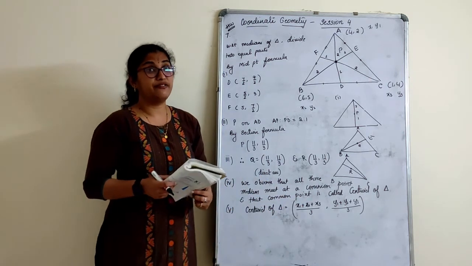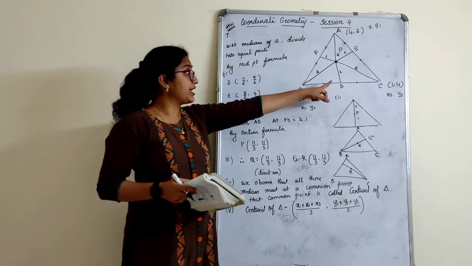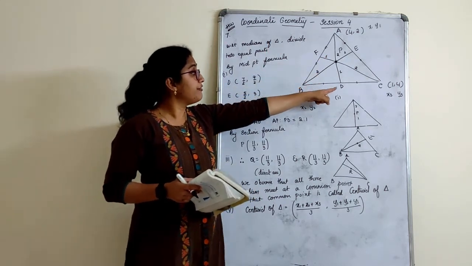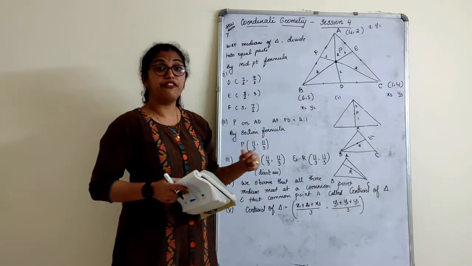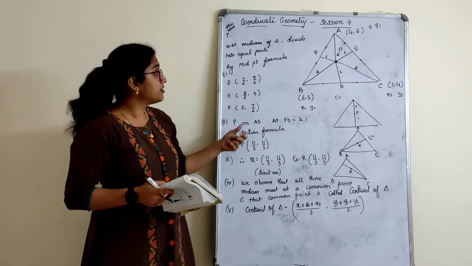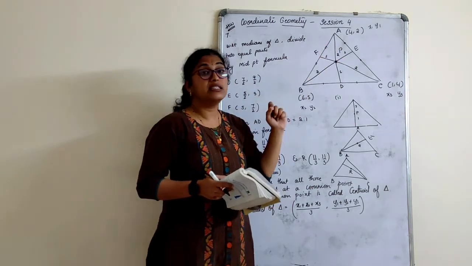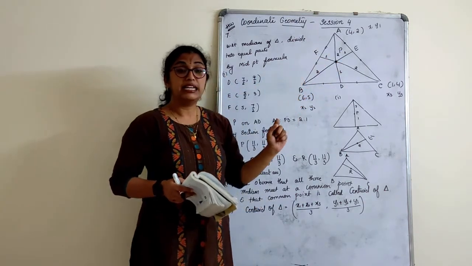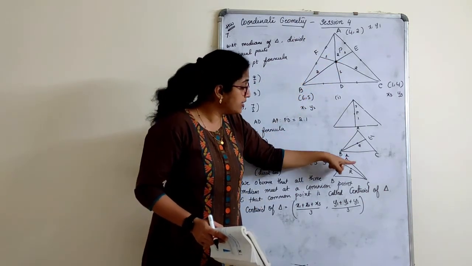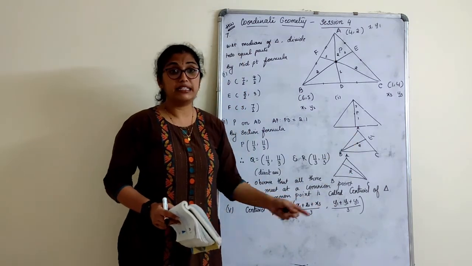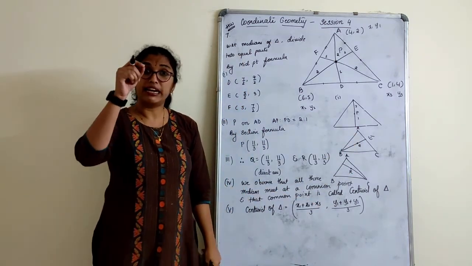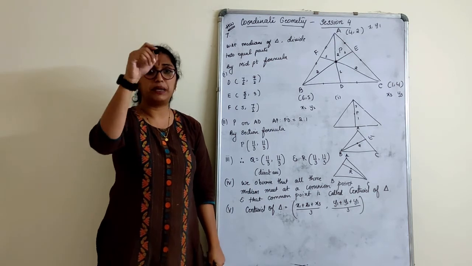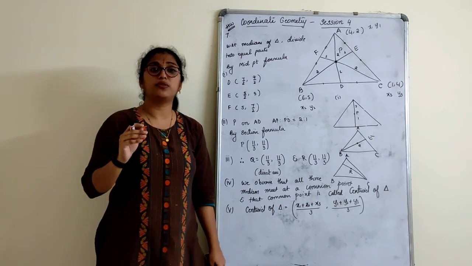I hope the things are very clear, children. A triangle is given. For the triangle, we found the points D, E and F by the midpoint formula. After that, we got to know that they are dividing in a certain ratio. Apply the section formula and find the point P. They have similarly asked for point Q and point R for the different medians. But actually they meet at a common point, whatever P, Q, R, at one single point only.